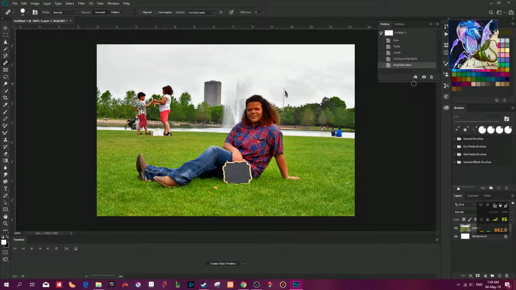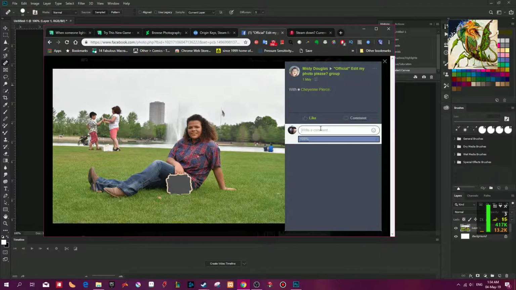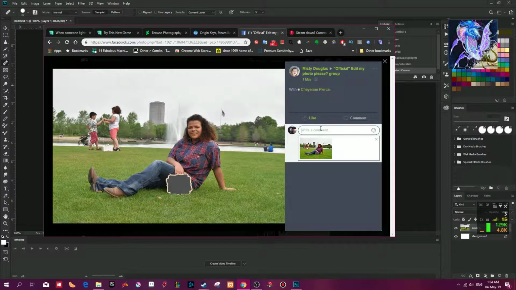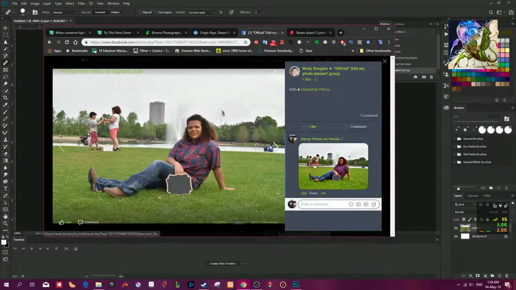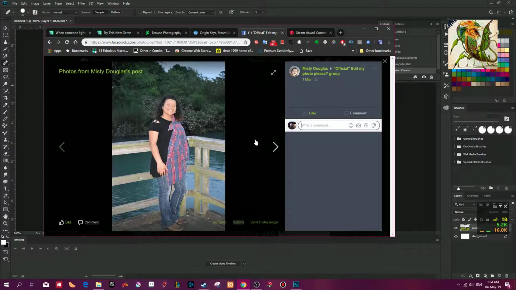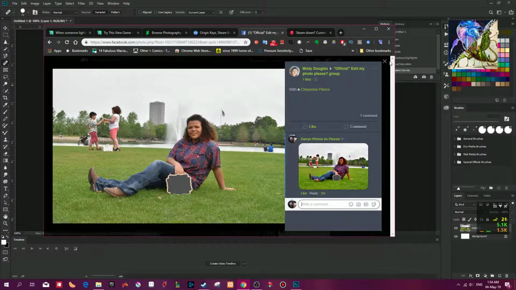Shift F2, stunning. So I think it's far better than having to go through the same process over and over and over. So I will be definitely posting this video. I mean, I've done a few things on this official Edit My Photo Please group, but I think this one takes the cake just for repeating your work. So there we go. We did every photo she wanted, even though she said,